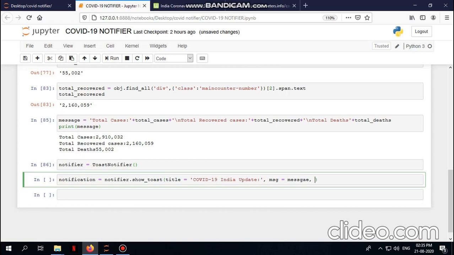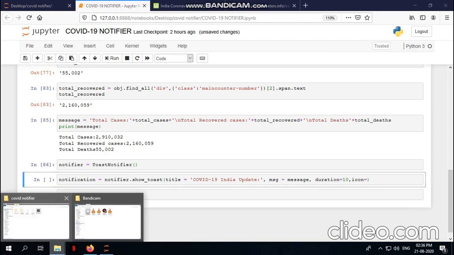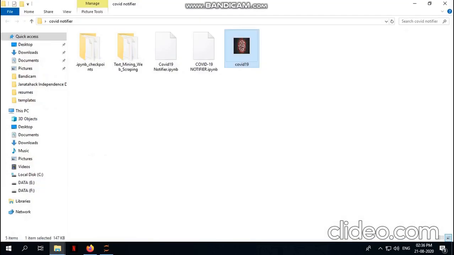I want the duration to be 10 seconds, so I'll give 10. And also I can pass an icon which will be the icon which I want to be there on the desktop notifier. Suppose I've downloaded this icon on my desktop, the COVID-19 icon.